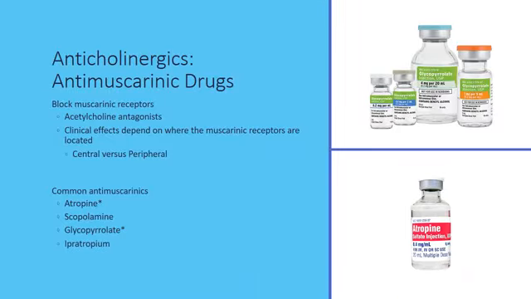So these anti-muscarinic drugs effectively block the muscarinic receptors. These are acetylcholine antagonists. And really the clinical effects that we see depend on which muscarinic receptors we're actually inhibiting, where those muscarinic receptors are located. So an example that we tend to see is, if we administer glycopyrrolate, which